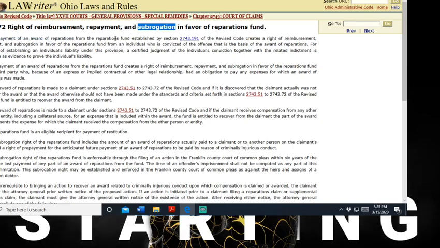Right of reimbursement, repayment, and subrogation in favor of reparation funds. So I did a video and I told you, look, when you get injured and you file it in accordance to a statute, all you get is reparations. You get reparations. So when you understand how to contract from the private to the public,